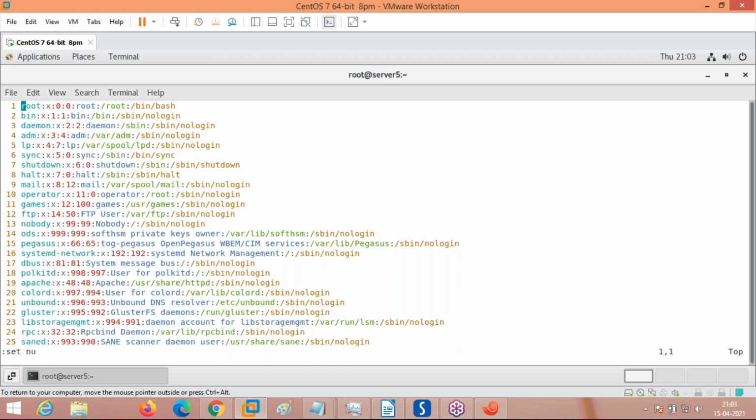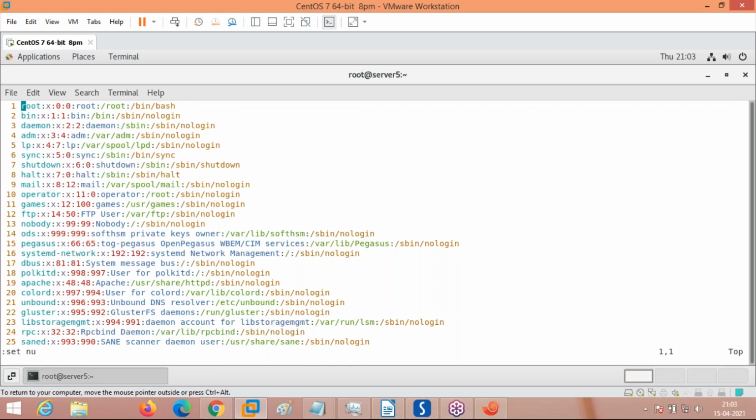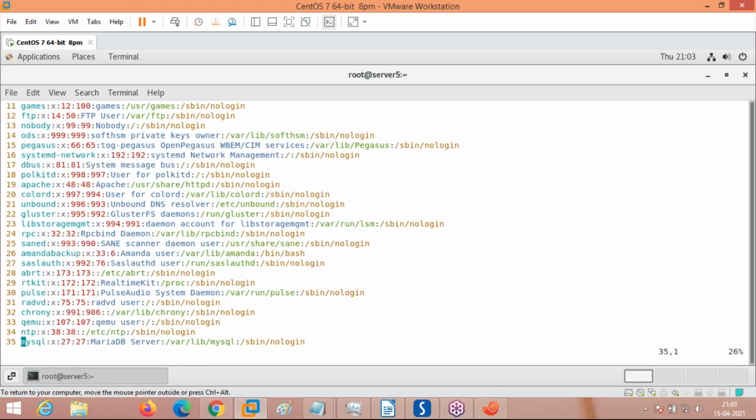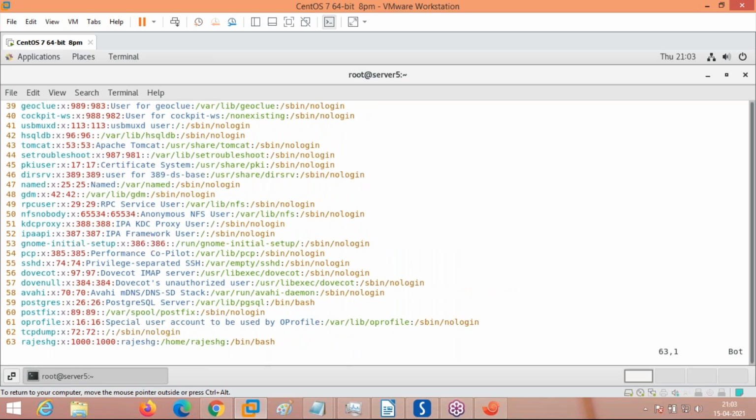These users, apart from 0, are listed from 1 up to 999.